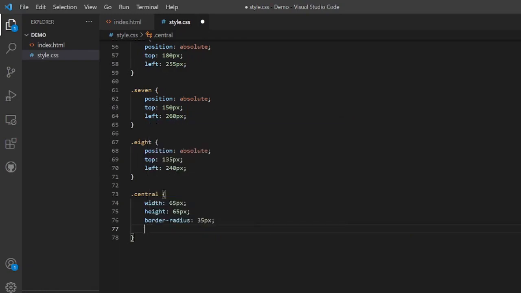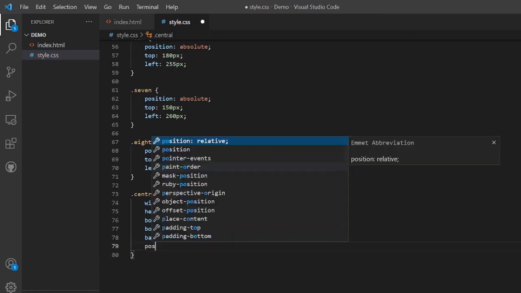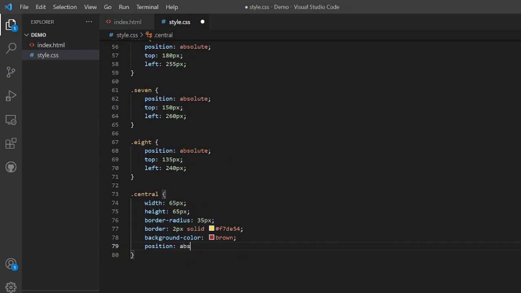And a border of 2 pixel solid, some gold color like F7DE54, and background color of brown, and position of absolute. Like all the petals, we will have to place the central class in absolute position inside the flower box container. And before that, let us see what has happened on the screen.